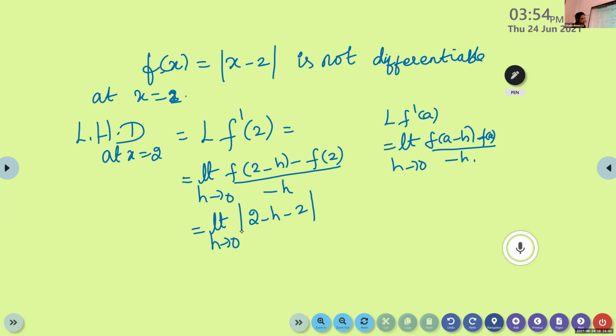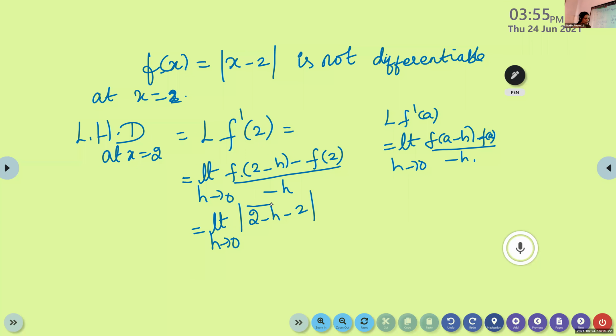Is it okay, Michael? Is it okay, Dia? f of x means how the function is defined from x. What is inside the argument? That one we are subtracting. 2 is subtracted from there. So what will be f of 2 minus h, Aditya? In the place of x, we have 2 minus h. So what will be in the place of x when you put x minus 2? In the place of x, we are putting 2 minus h. So 2 minus h minus 2.